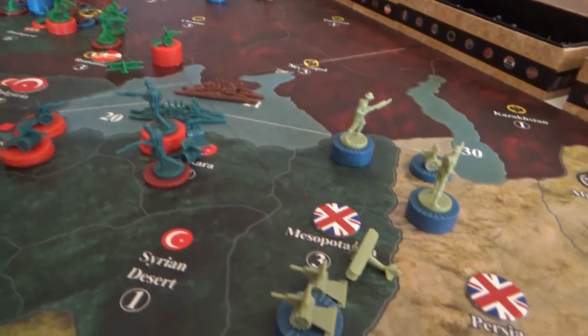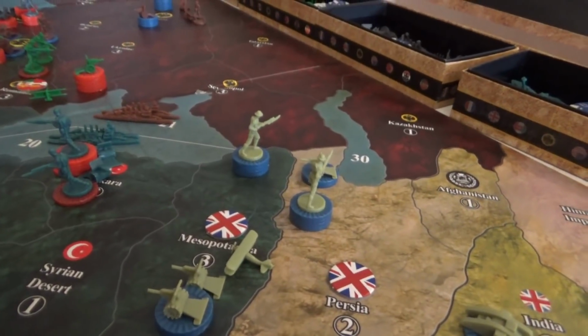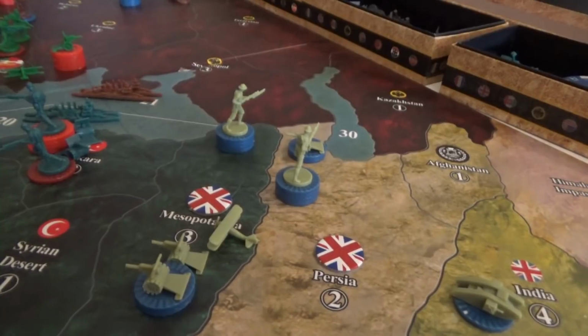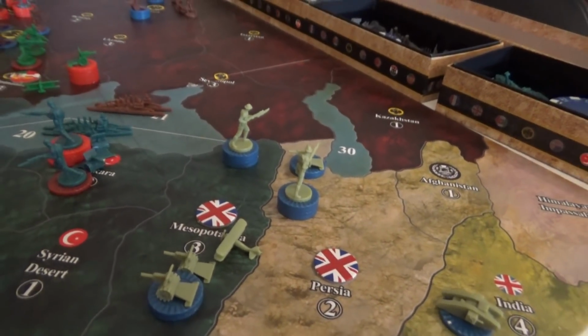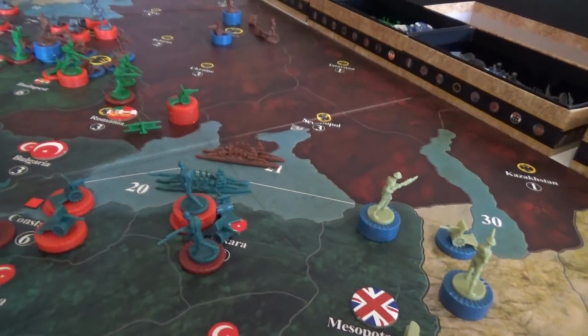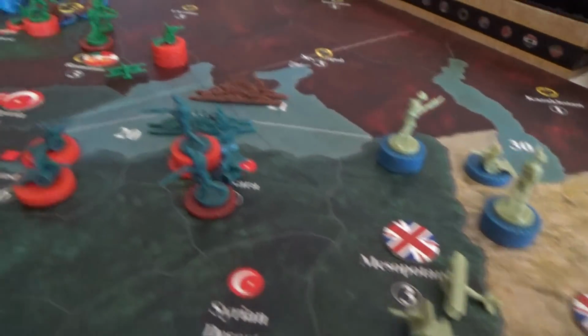But on this side here, the Brits were able to dismantle the Mesopotamian Ottoman army and took care of that, and built a couple of tanks as well. So the Ottomans are in a way now. They're at par still. They're still making their 16 because they lose the 3 for Mesopotamia, but they got the